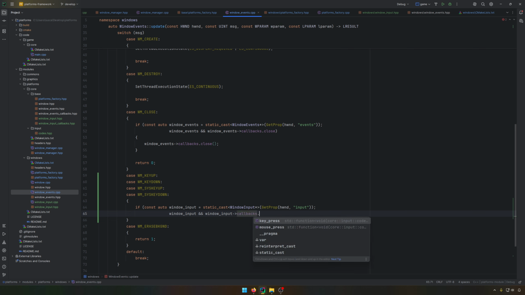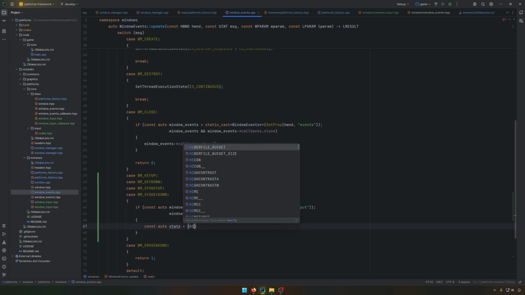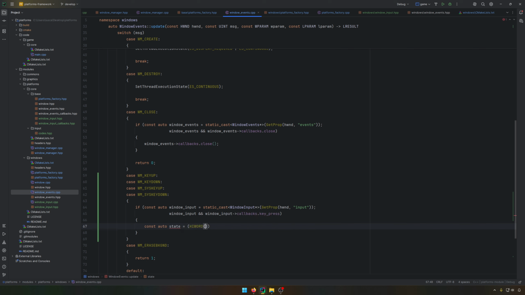We will check also the callback, that if the callback is valid, and everything is working, we'll do something like this: constant auto state equal, and we'll have this macro high word, which means that we'll take the high part or the left part of the int. It will do some shifting. So let's say this